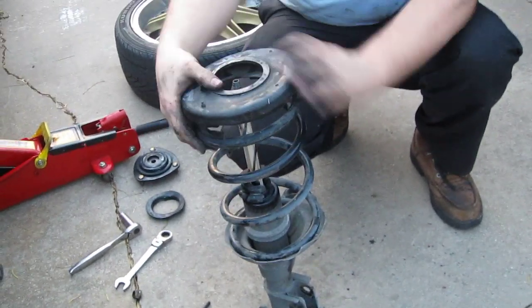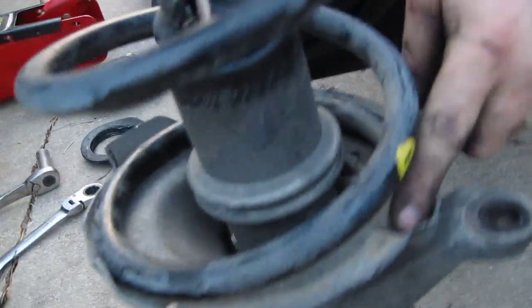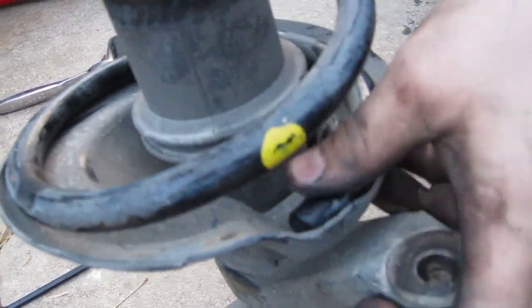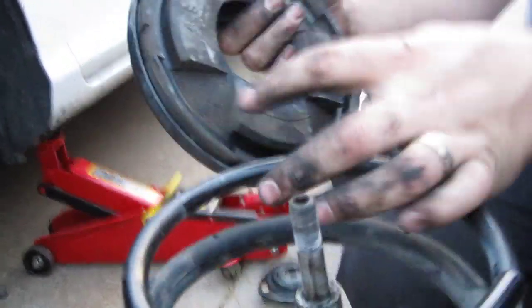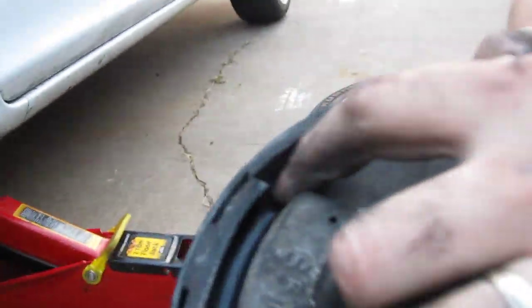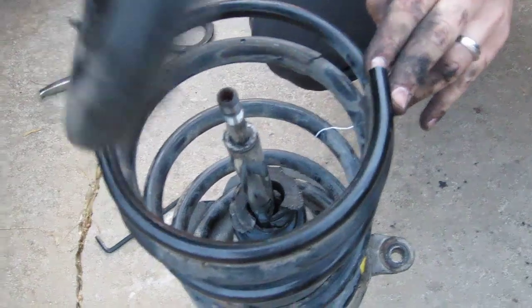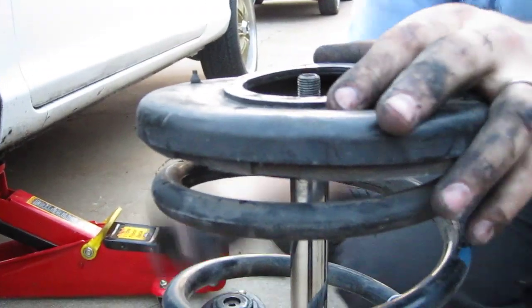Make sure that these springs line up. There's a part where it ends. It's not flat, so you want to make sure it's not like this, that it's actually over towards where this part is, this little wall. Same thing on top. There will be a mark where the factory one's set. You can see it squished down inside the little rubber there, right here. So you want to make sure that this right here lines up with that. So you put this right there. You can actually get this off there a little bit, line it up, and then push down on there. And once that's done, you put what's left of the